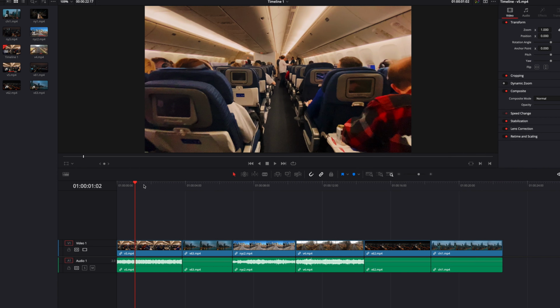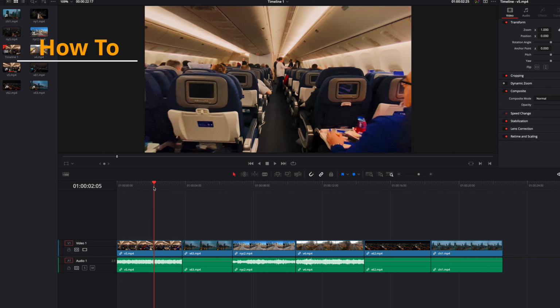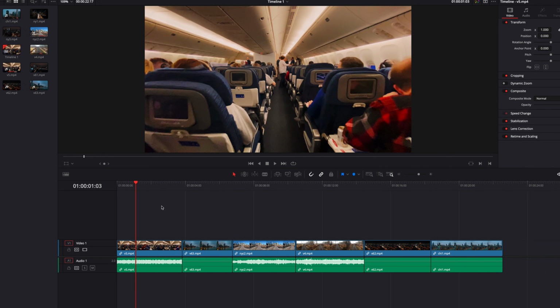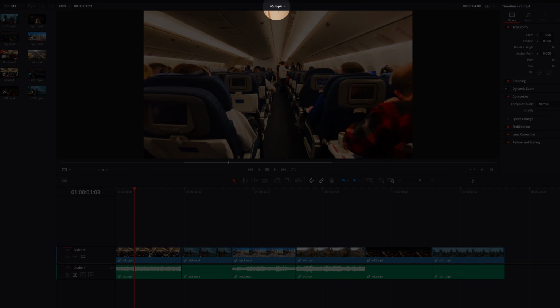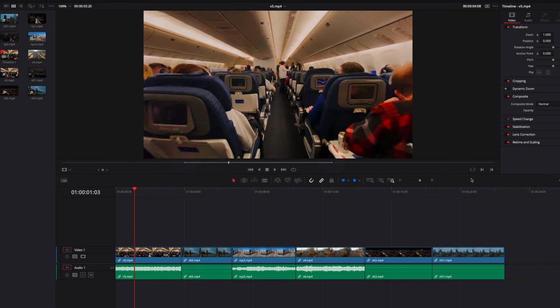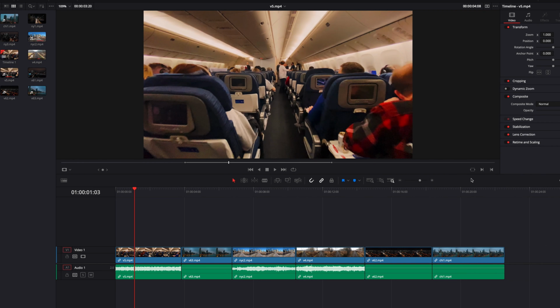To do match frame, the first thing I want to talk about is the position of the playhead, because in most cases, this is going to determine which clip is going to be used for match frame. There are actually three ways to go about it. The first is to simply click on the match frame icon that you see there in the viewer. It's going to immediately bring up the source clip, with the name of the source clip, as well as the in and out points automatically marked that correspond to the exact duration of the clip that you see